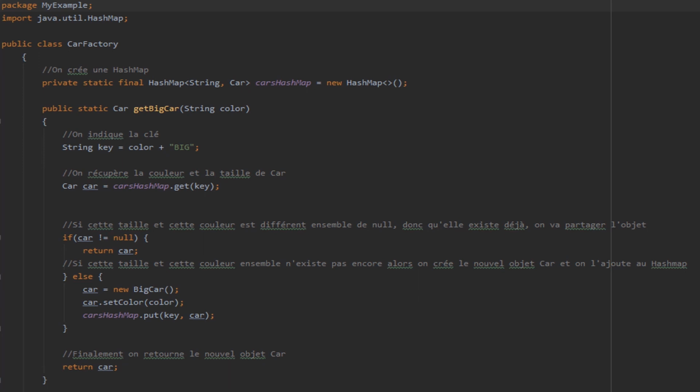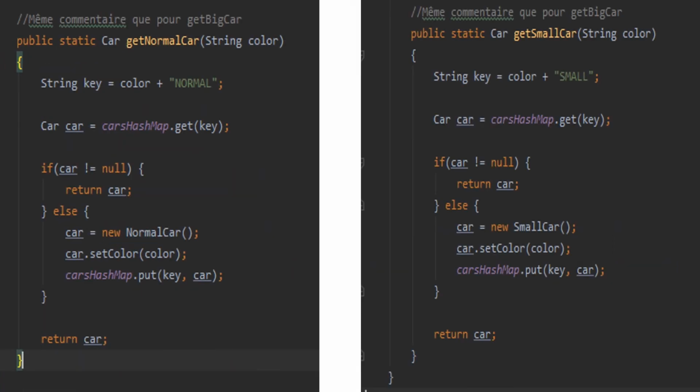And then we return the car that was newly created. So this is how the CarFactory functions. Then we have the two other methods, getNormalCar and getSmallCar. Only the size changes, so the key with normal and small.